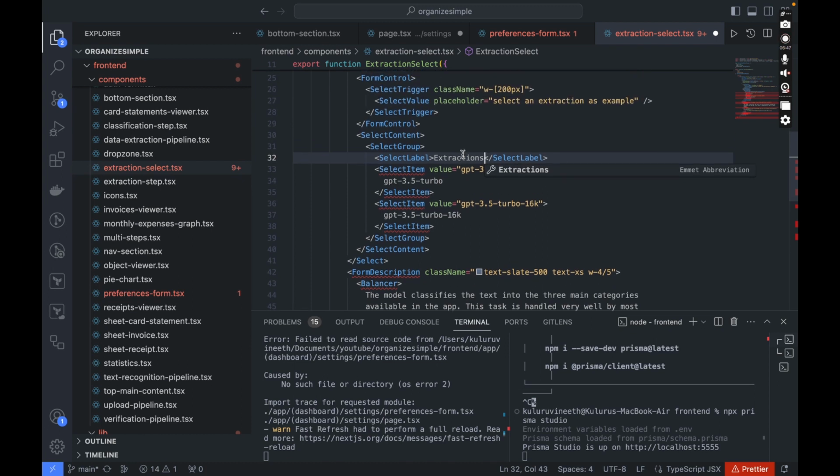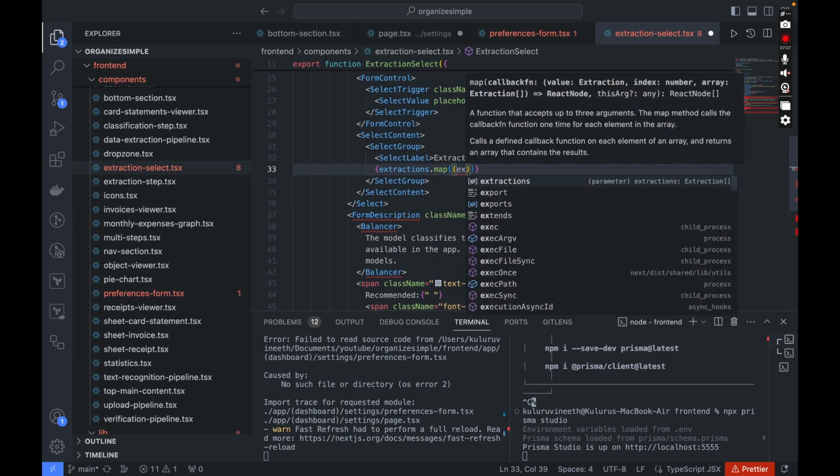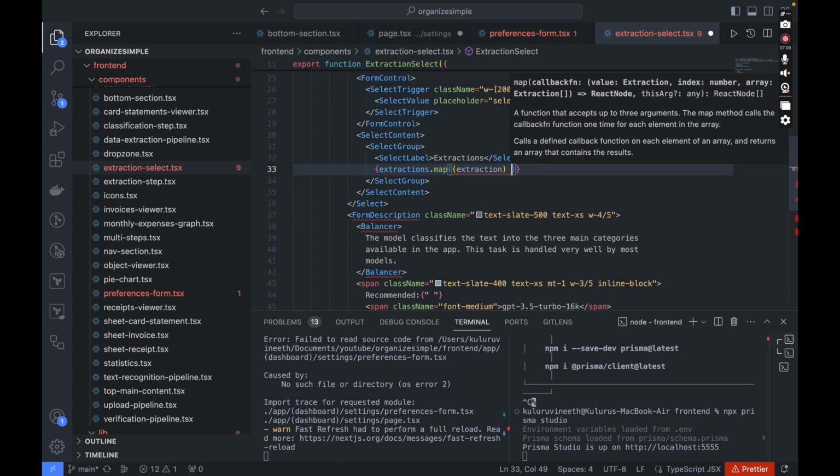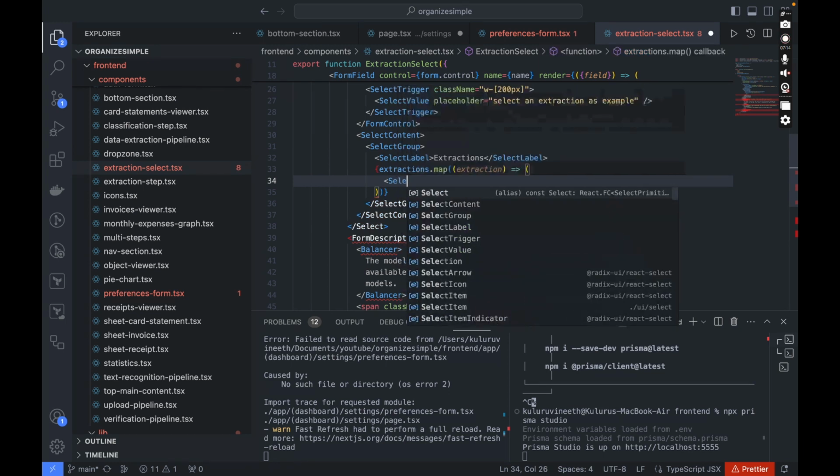Now inside this select group, it won't be the models that the user has to select, but the extraction IDs that we'll be getting as the props. So I'm just going to try to get the extraction. Inside this I'm just going to provide